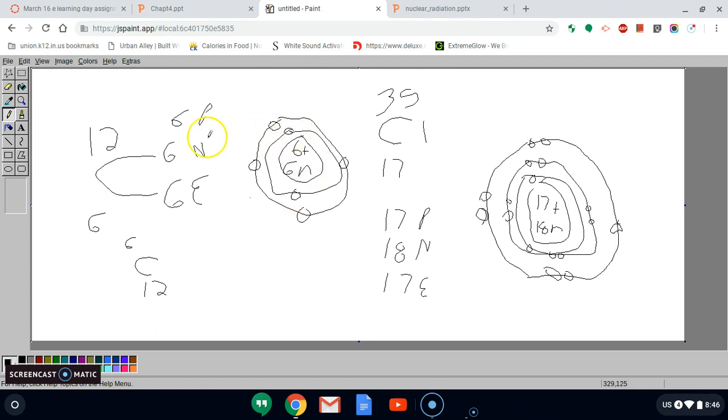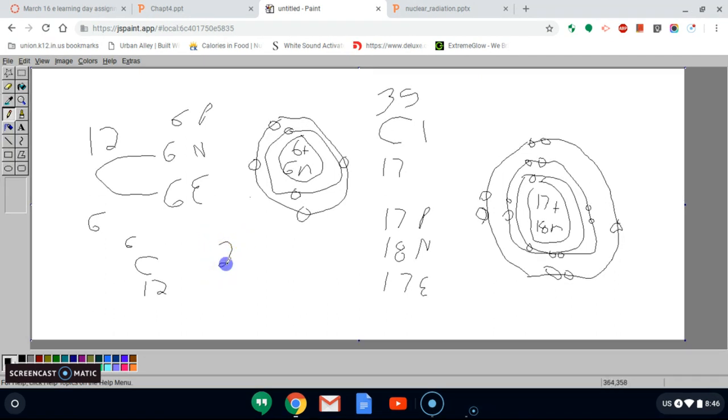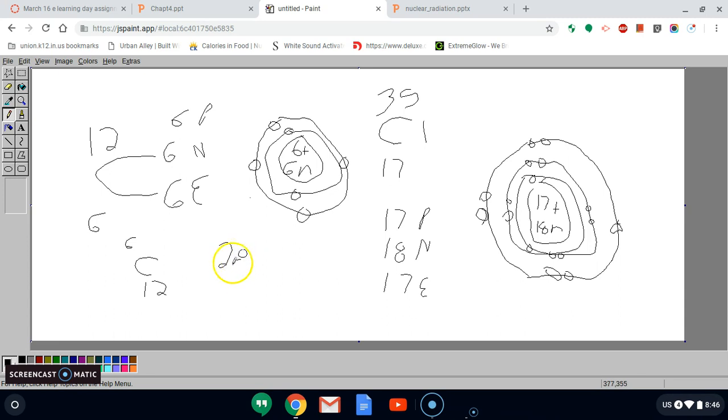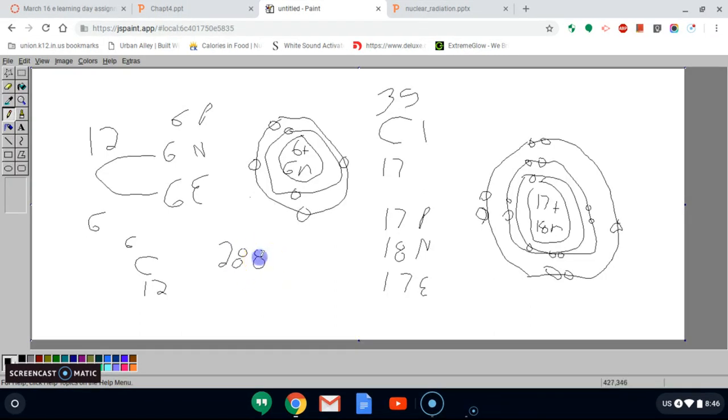Now, remember your rules. Remember the rules for electrons, these energy levels, these things on the outside. Everybody remember the numbers that they do? If you don't, that's what I'm here for. Remember, you can have 2 in the first, you can have 8 in the second, you can have 8 in the third, you can have